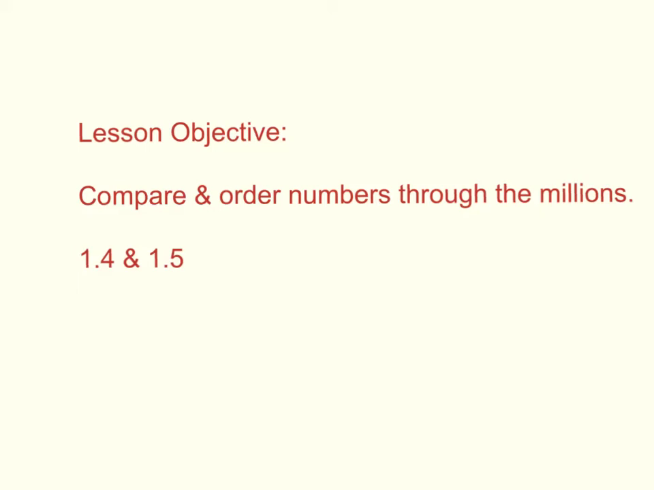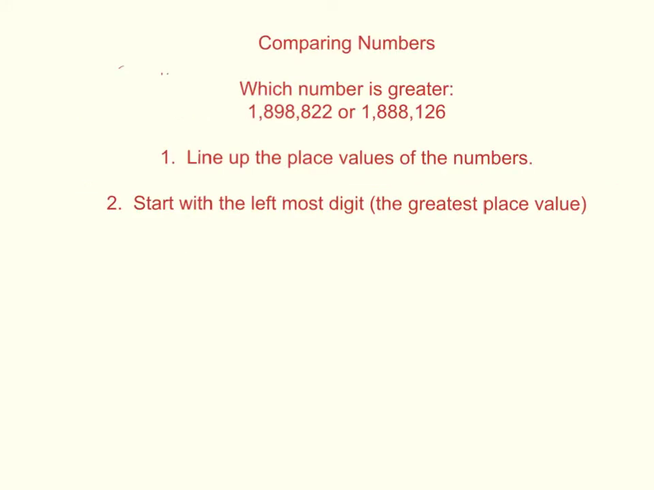Today's lesson objective for 1.4 and 1.5 is compare and order numbers through the millions. Comparing numbers. Which number is greater? 1,898,822 or 1,888,126. In order to compare these numbers, the first thing I have to do is line up the place values